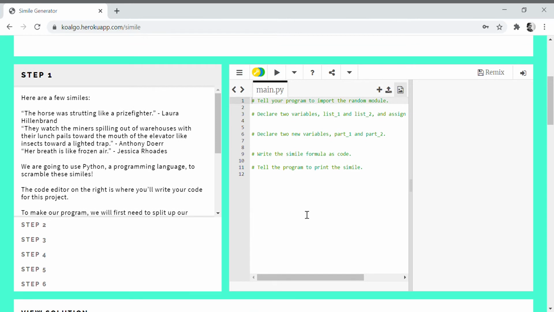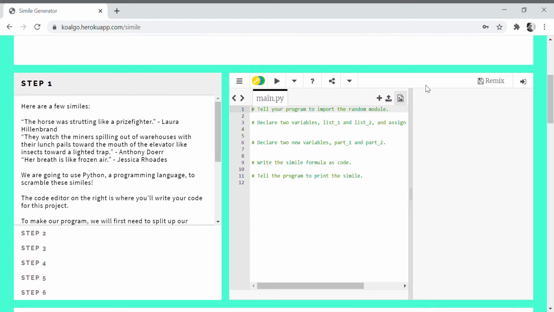If you're looking at this, this area right here is the main area where you or your students are going to be working. And if you'll notice here in the code editor, there is some green text that has this hashtag in front of it. So when we are working with code, we call these comments. Specifically, these are Python comments.